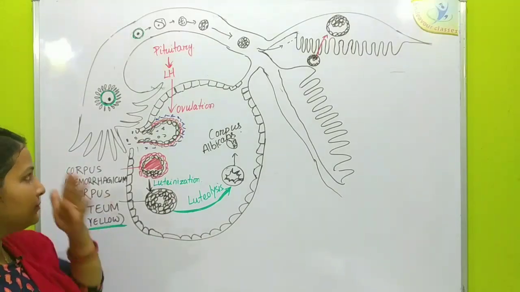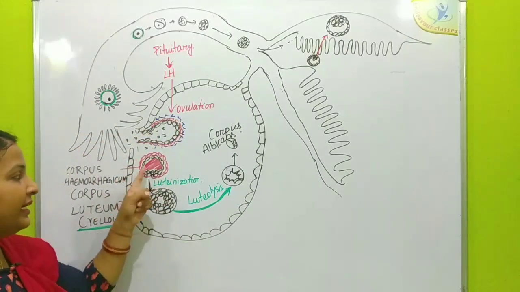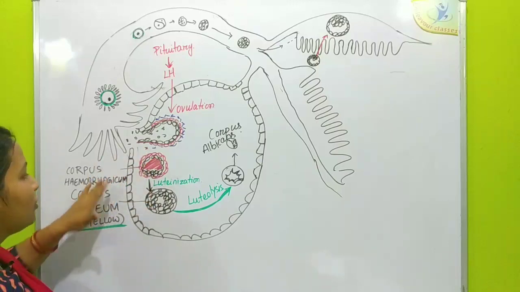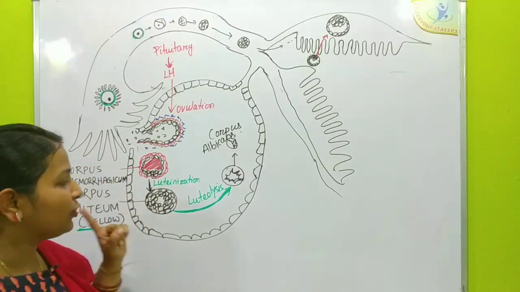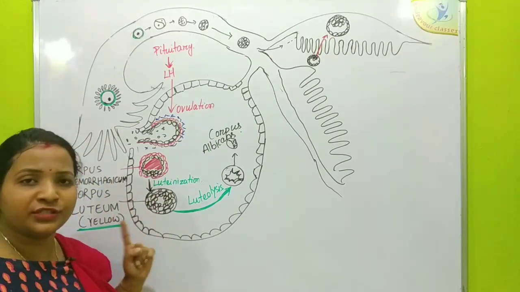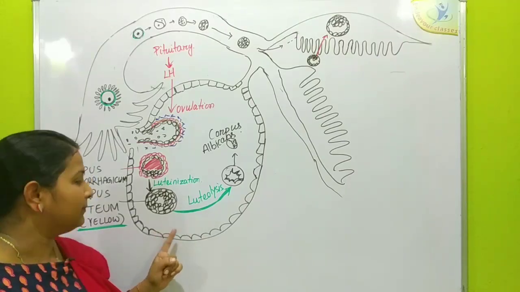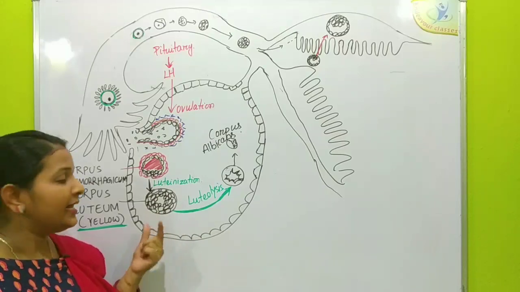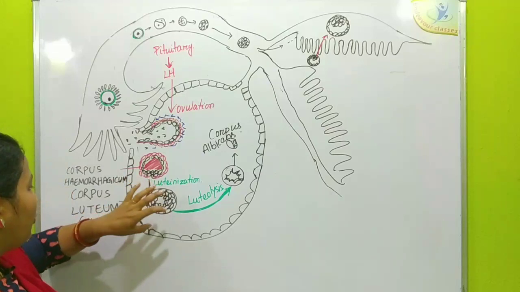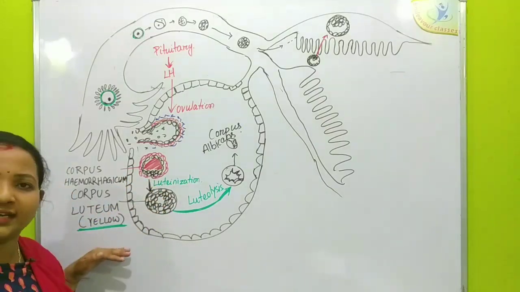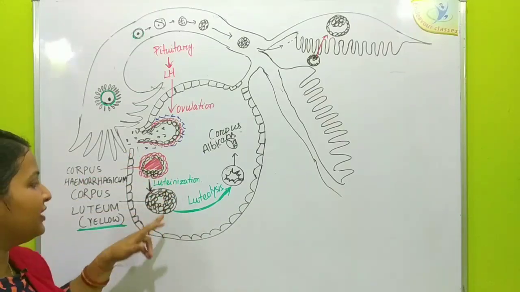So let us summarize. Soon after ovulation, the ruptured wall is closed and it is filled with blood. Now the mass is called corpus hemorrhagicum. After luteinization, that means during this process there is proliferation of granulosa cells, deposition of carotenoids, and especially the yellow color protein pigment which is called lutein inside the granulosa and thecal cells. Now the cells of this body are called luteal cells, and the whole mass is called corpus luteum, which acts as a temporary endocrine gland. And the process of formation of this corpus luteum is called luteinization.